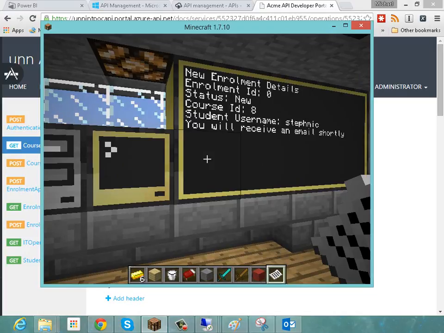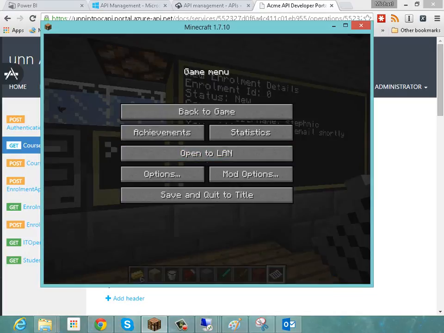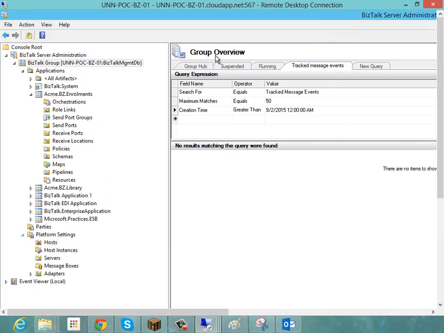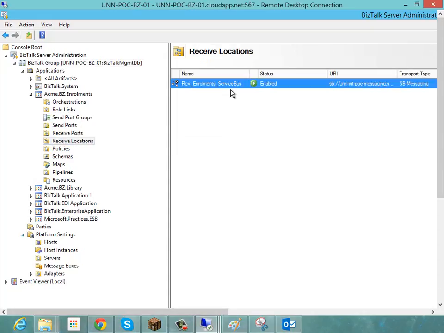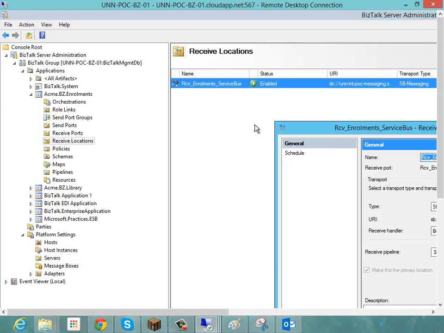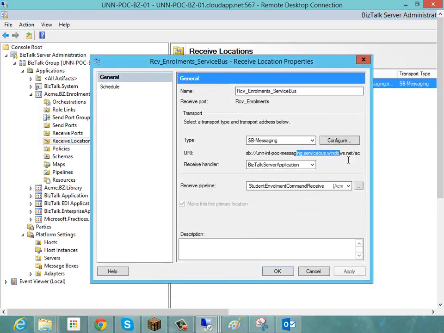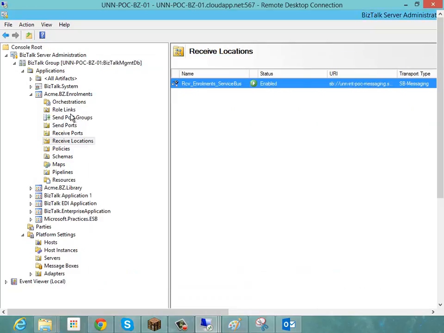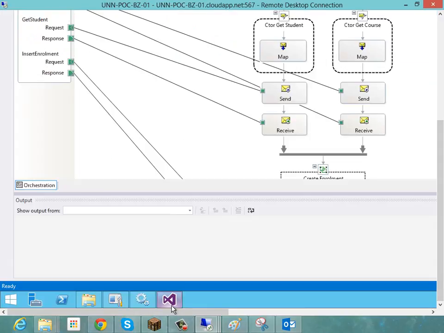Now that call would have been sent from Minecraft to the API. However, this time, rather than using real-time synchronous web service calls and API calls, what we have in the background is that the message actually went to a service bus queue, and we have a BizTalk server instance that's going to be sitting listening for that queue. So if we look in BizTalk here, you can see we've got the service bus receive adapter that'll be sitting listening on a service bus queue, and what will happen is that's going to go into a BizTalk orchestration, and